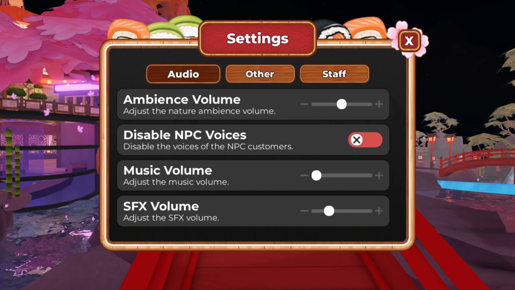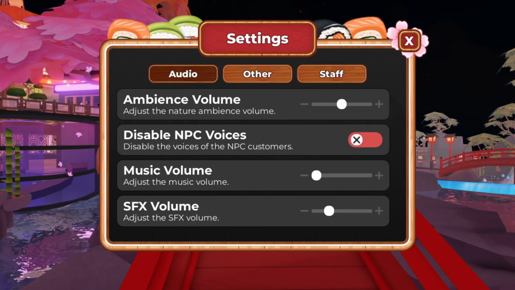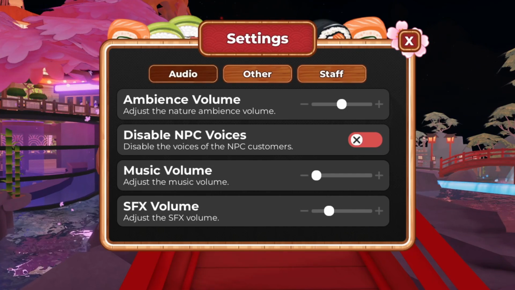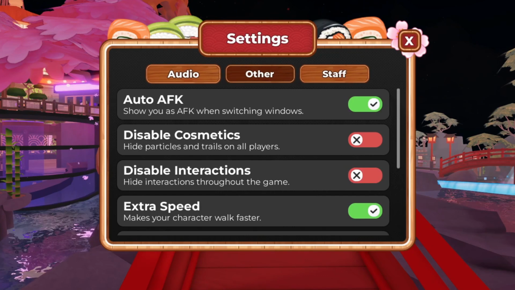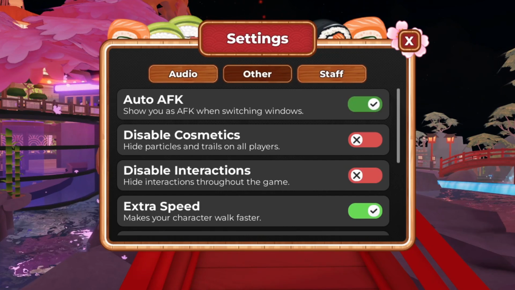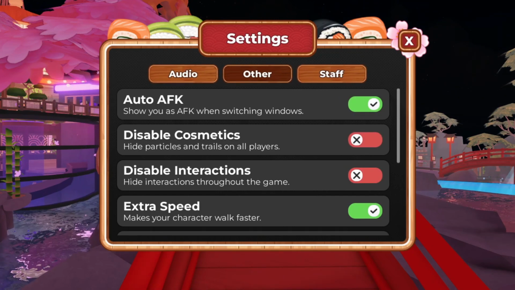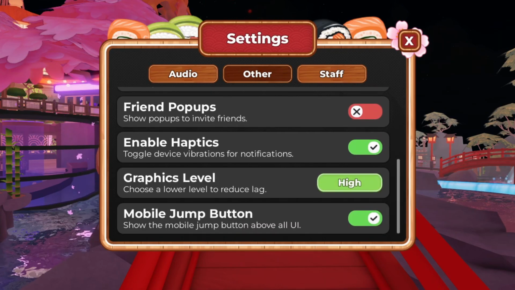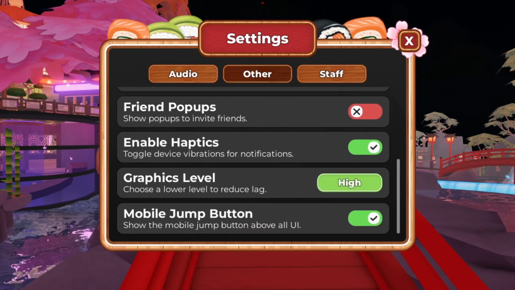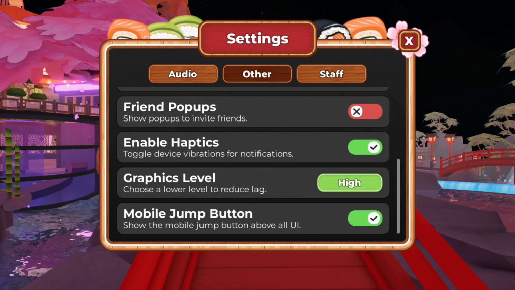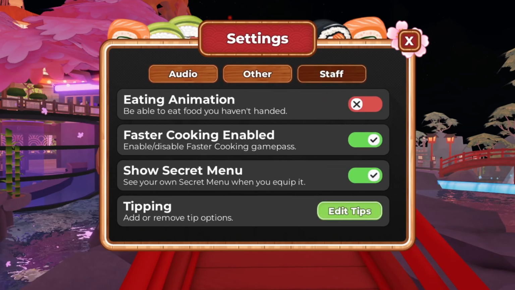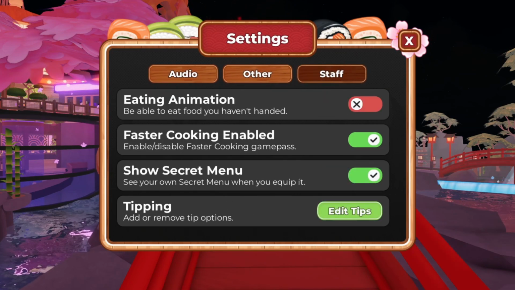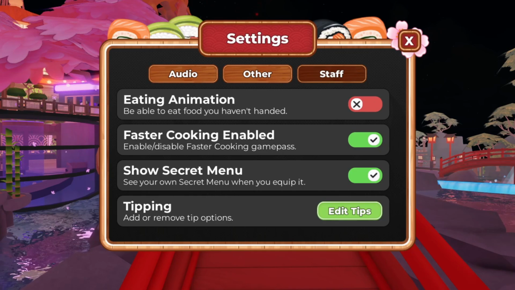This is audio settings, where you can adjust music, sound effects, ambience, or NPC voices. Here is other, where auto AFK when switching windows, cosmetics, interactions, extra speed, friend pop-ups, enable haptics, graphics level, and mobile jump button. And right over here is staff, where you can toggle eating animation, faster cooking, showing your secret